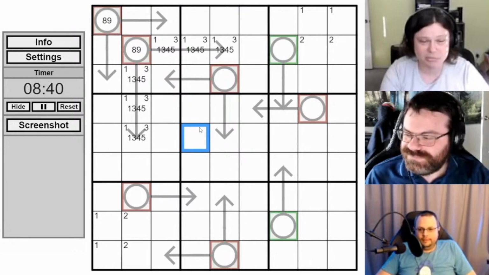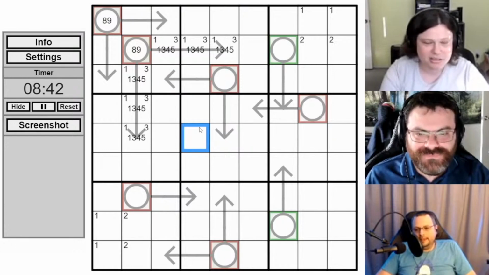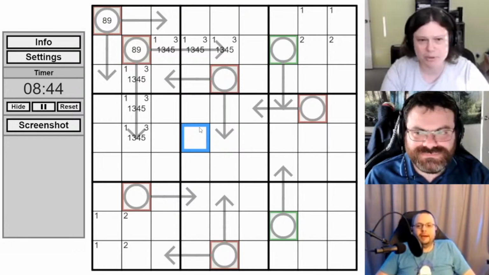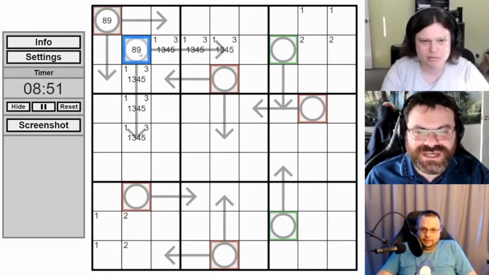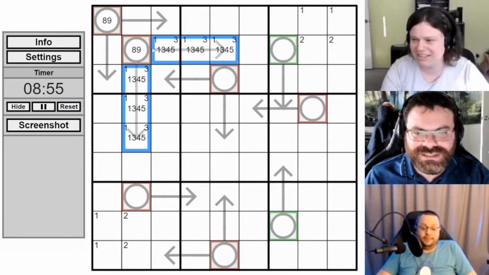Honestly, I don't even remember what the next step is anyway. I think I would think more about that possible arrow. 8 sums that break it. You would probably assume this was 9, so you'd probably try to prove it was 9 by filling in a set, and that would just get you looking nowhere.